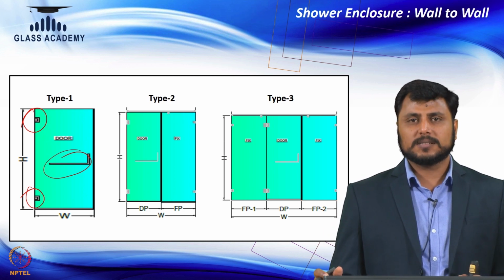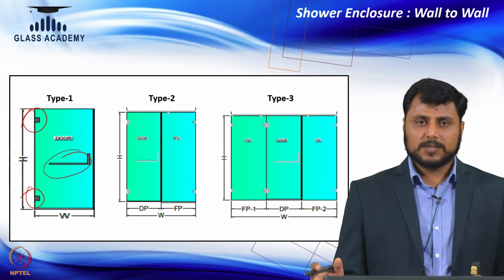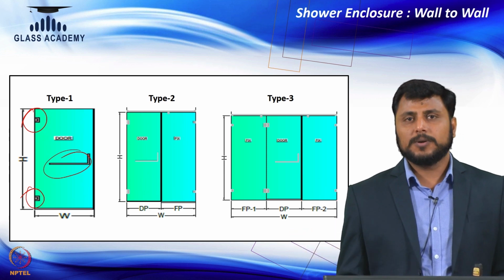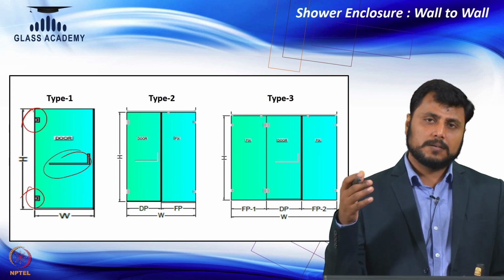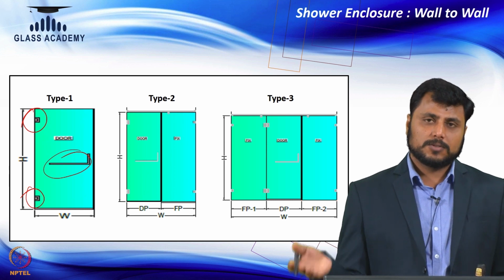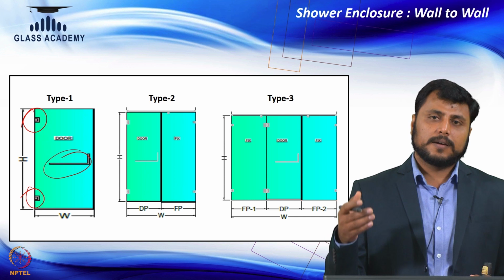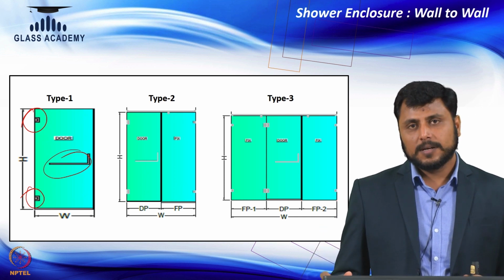So, this is generally known as type 1, or people will call it a door panel glass, which will help you to prevent water from coming out from the shower enclosure to the WC or maybe to the wash basin, because whenever there is a shower cubicle, it will be adjoining the WC area or maybe somewhere the wash basin area. So, our purpose in putting a shower enclosure is to keep water from that wet area out of the other area. So, that is how you can differentiate type 1.